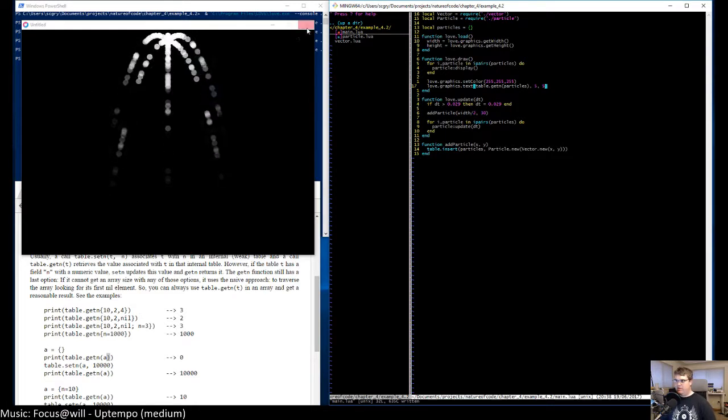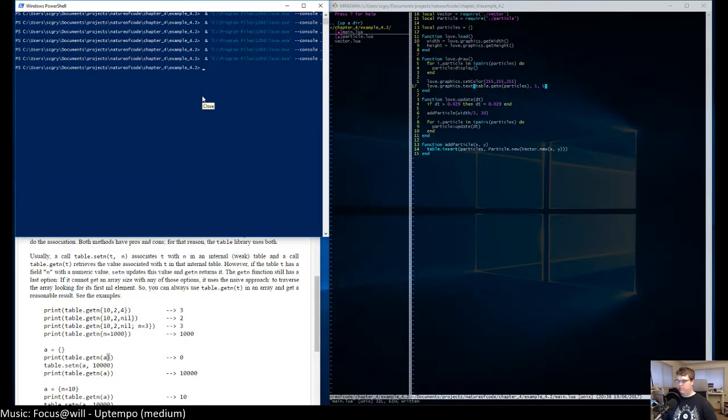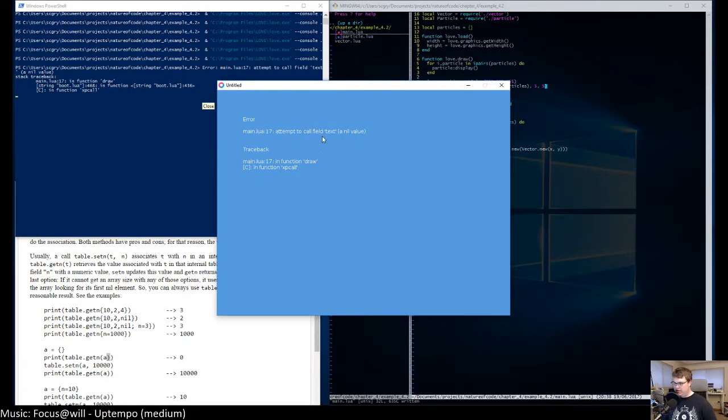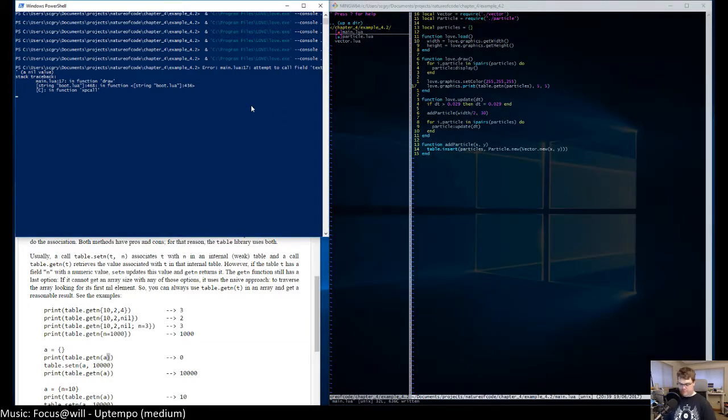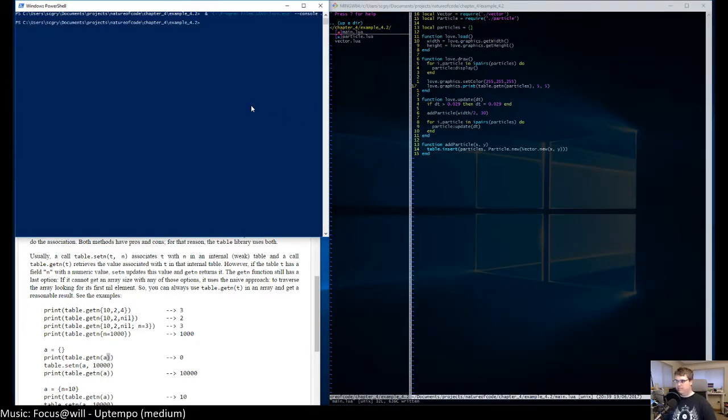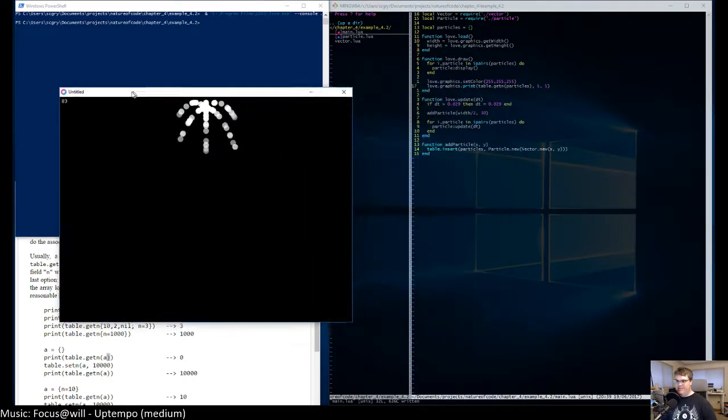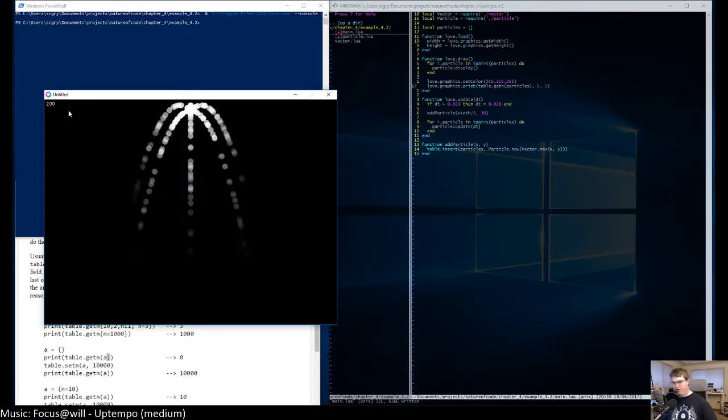Let's see if that works. Attempt call. Oh, it's not text, it's print. Okay, so now we can see the number of particles shooting upwards, but it's never going down.